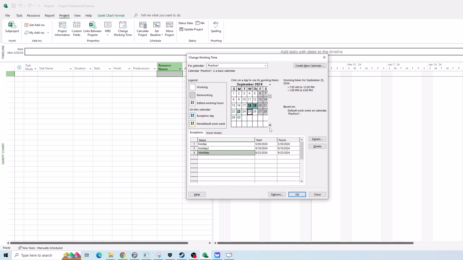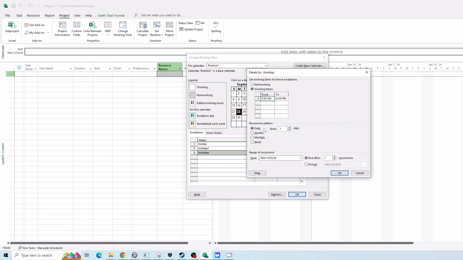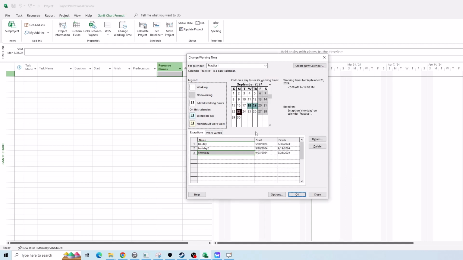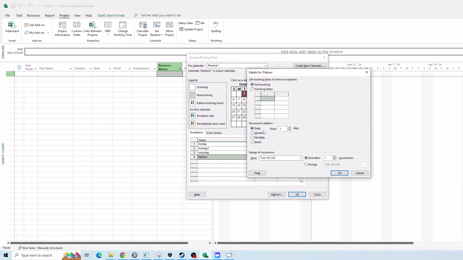Now let me explain to you this part, recurrence pattern. Let's say I'm from October, I'm creating a pattern. 1st of October is off, non-working days. Okay. Now here I have an option to create a pattern that repeats this event, repeats this non-working day. Here I have